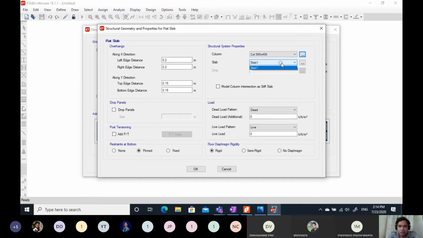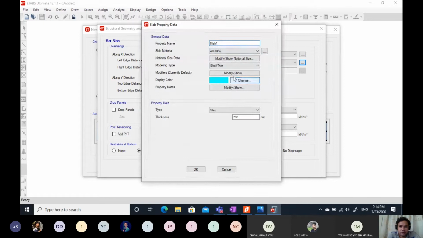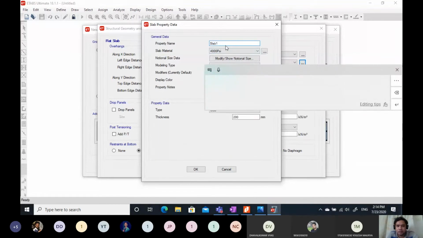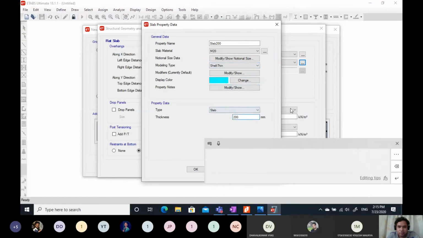Next, define the slab section. See, by default the two properties are there, but go to this slab property. You can modify this slab property also. Our slab was 200 mm thick, so slab 200 mm, and select M20 grade of concrete, and mention thickness as 200 mm.